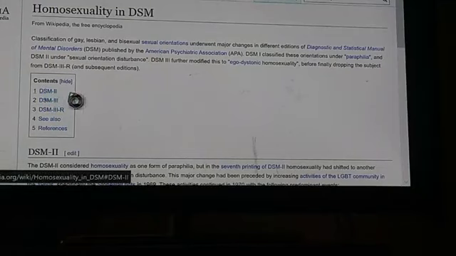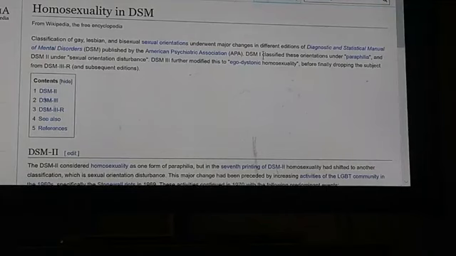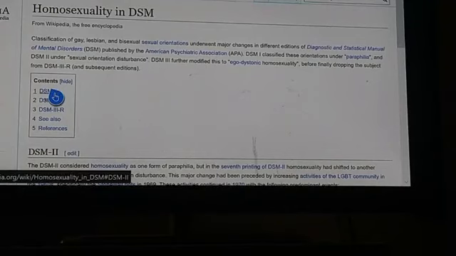I think 2 is where they stopped classifying homosexuality as a disorder, and they changed the definition. Now, the reason I said it was intriguing was because when you change these, right, these change along with the times, along with the ages,